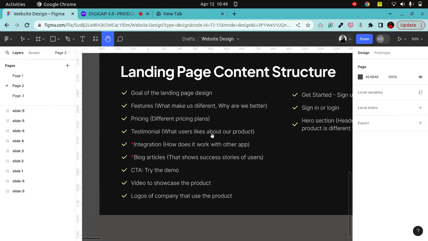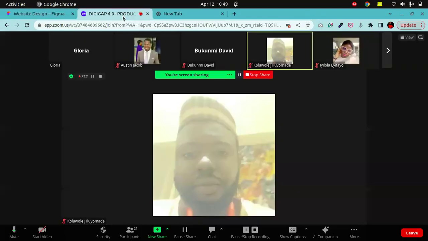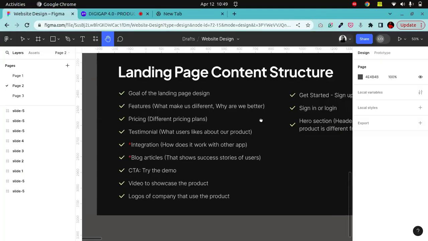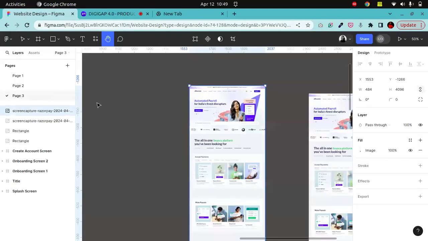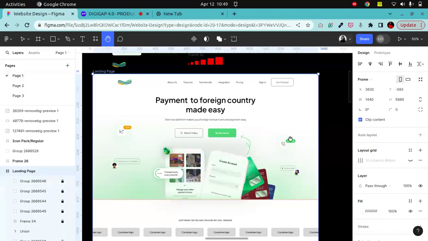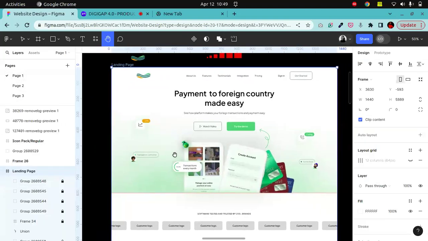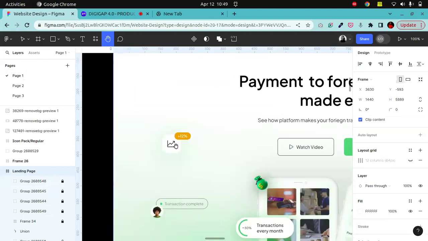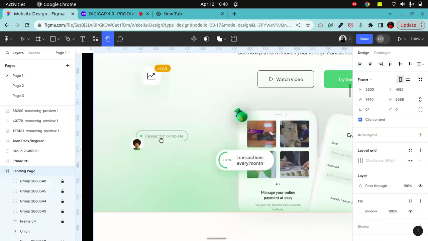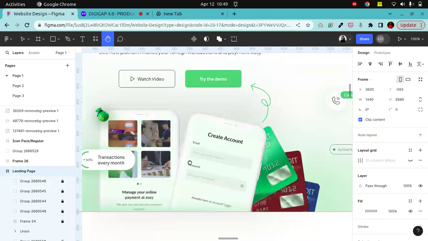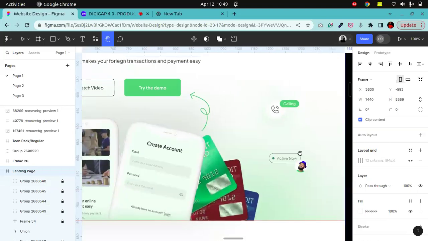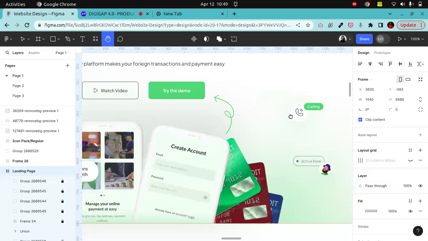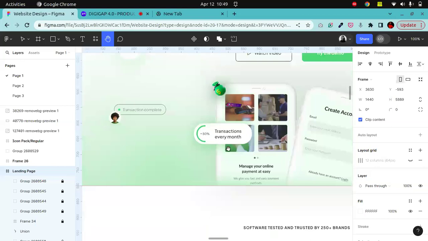Everything you're doing as a UI UX person must be purposeful. Your design has to be functional, in the sense that your design must solve a problem. You are not just being cute. Let me go back to this design I came up with. Most of these elements you are seeing here, the purpose I put them here is to make the users coming to this particular website know the particular transactions